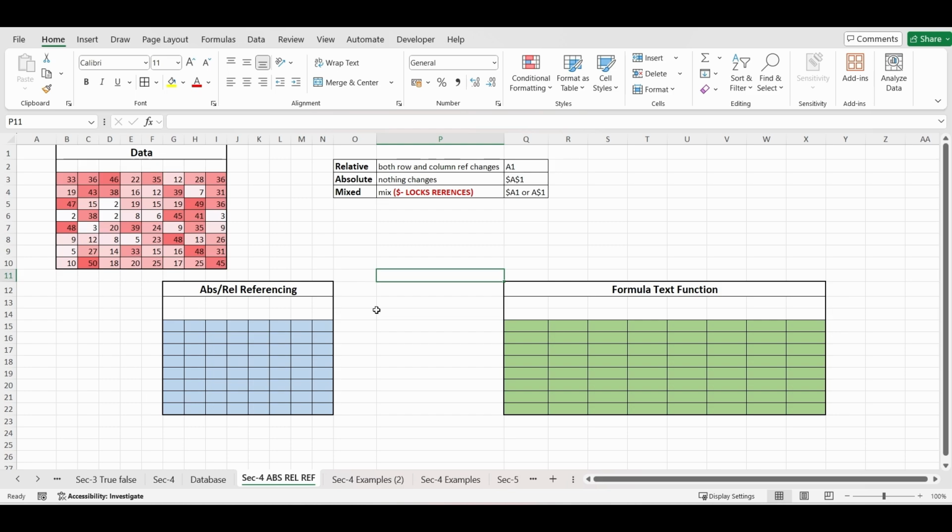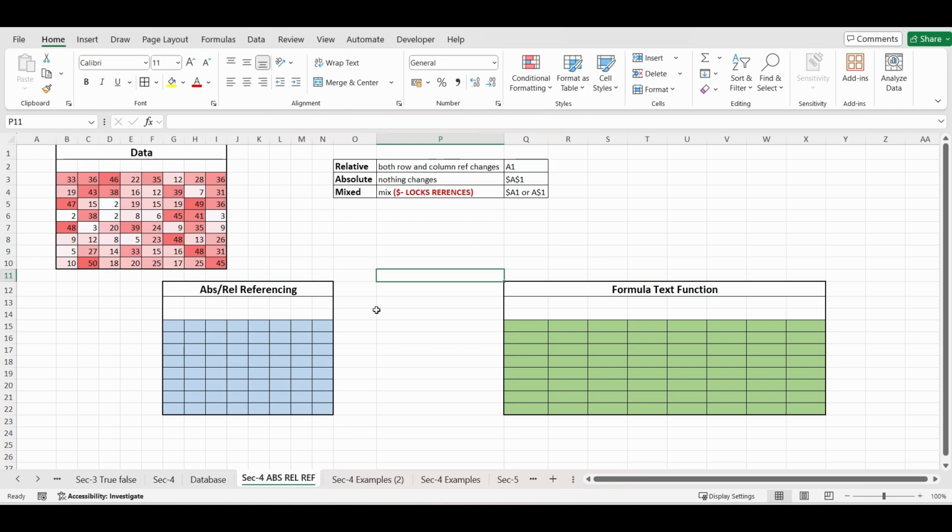Have you ever created a formula in Excel that works perfectly in one cell, but the moment you drag it down, everything breaks? Maybe you wanted the formula to always refer to one specific cell, like a tax rate or a fixed value, but Excel keeps changing the reference automatically. Or maybe the opposite happened. You drag the formula expecting it to adjust, but it didn't behave the way you wanted.